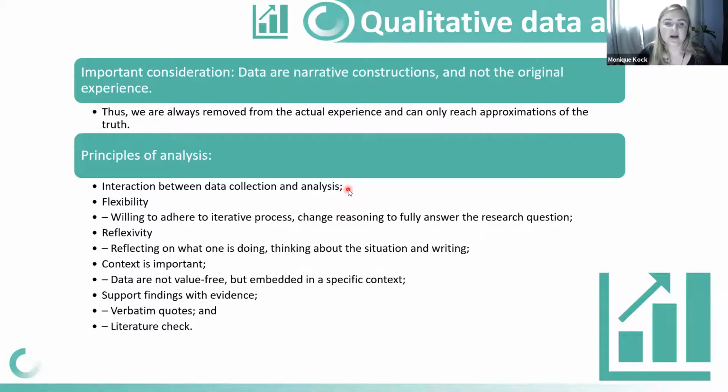So we also need to note down that context is important, that within our research, we can only make certain conclusions based on our specific context. Qualitative never generalizes to a certain population, for example. We never generalize. You would also need to note down how you can identify your findings and how you would be able to take these findings and support them with the evidence.